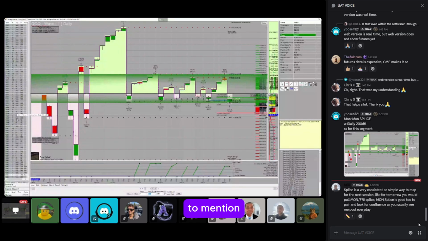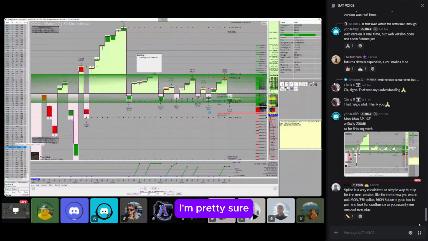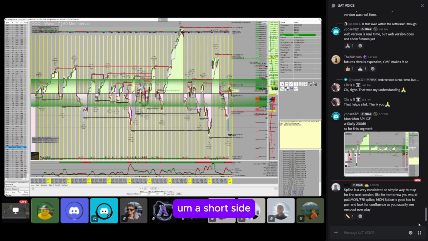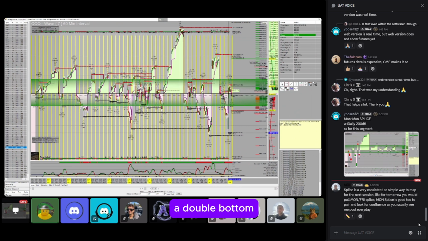Another thing I wanted to mention regarding that was the 760, because it kind of favors that short side, I'm pretty sure. I was looking at NQ and we had a double bottom all the way down. Yeah, here it is. Short side right here, we have a double bottom at 585 off of the 760 minute. So we can see that if we close below 610.72, or when we open up, 51% odds of this down cycle hitting there.